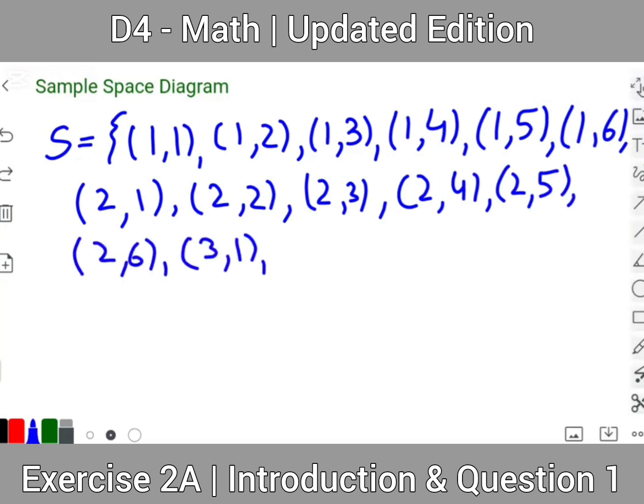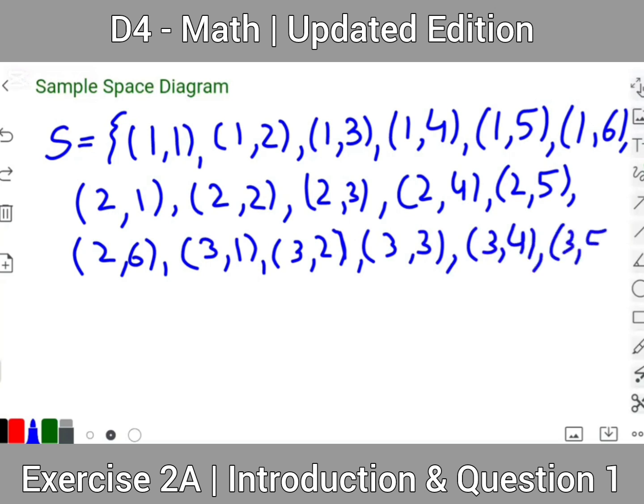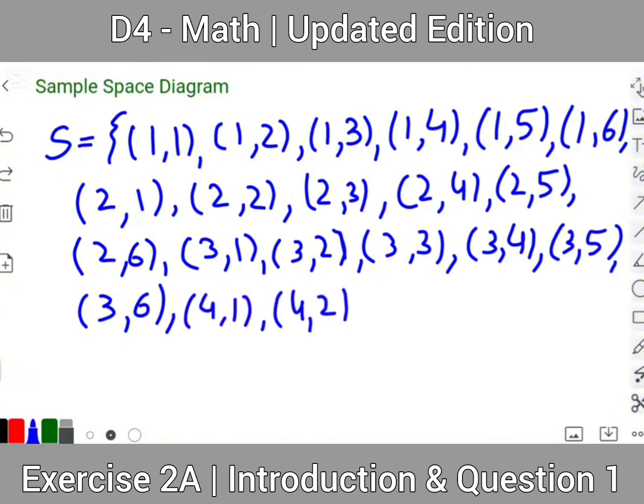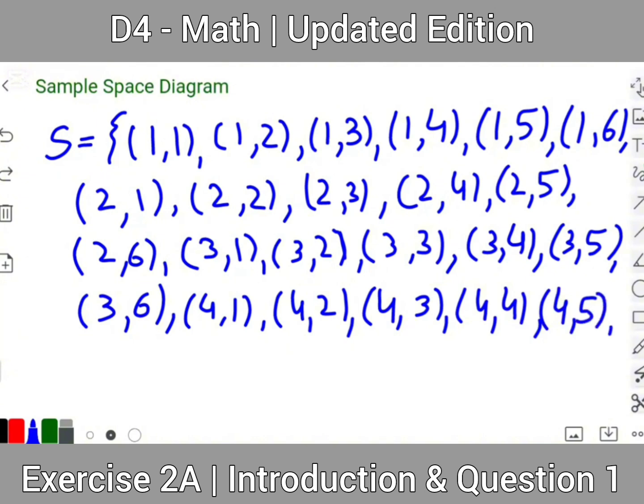Now we have 3, 1, 3, 2, 3, 3, 3, 4, 3, 5, 3, 6, 4, 1, 4, 2, 4, 3, 4, 4, 4, 5, 4, 6,